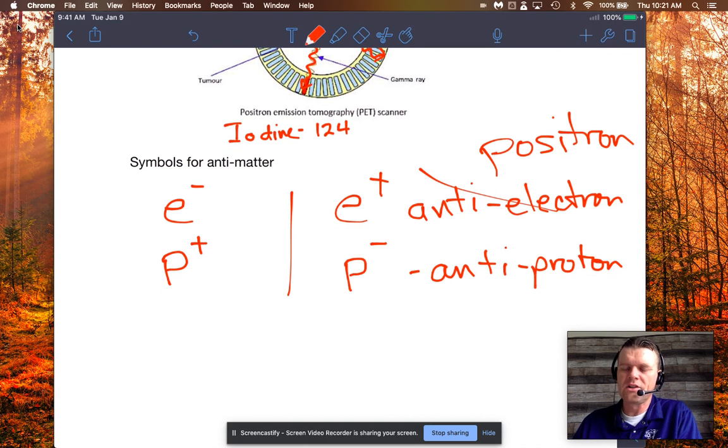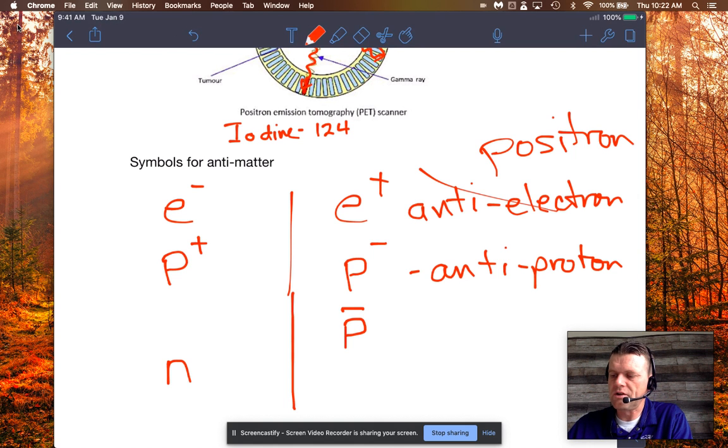The others are a little less common, but they definitely exist and they have been created in the past. The convention, though, that I've really seen, and if you look it up, instead of doing p negative, all antimatter tends to do is just put a bar above the symbol. So an antiproton is actually written as a p with a bar above it. Now neutrons, I've written them as n0 just to remind me that it's a neutral charge, but just a lowercase n is what is used to symbolize a neutron. And now an antineutron is just an n with a bar over it.